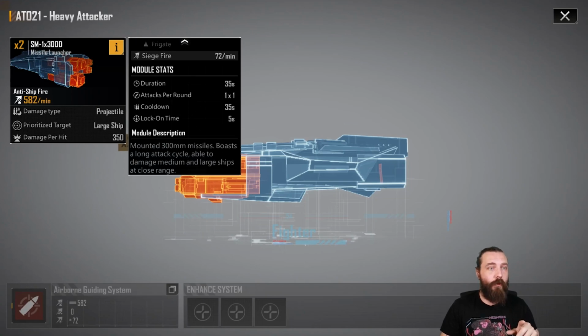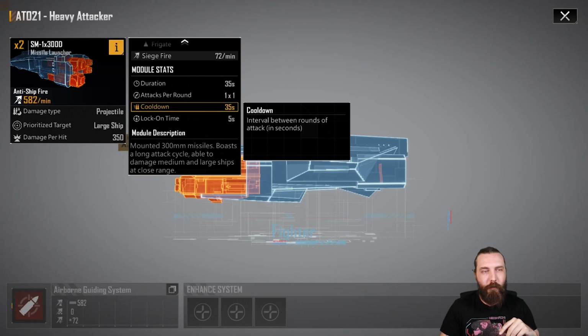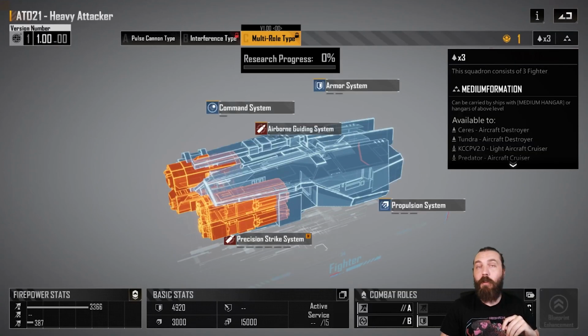That's a lot of damage. 350 damage per hit is actually really good. Okay, it's not attacking much. 1 attack per round, giant torp goes off, big cooldown and duration. Mounted 300mm missiles, boasts a long attack cycle, able to damage medium and large ships at close range. Yeah, this actually might be very viable in the damage roll